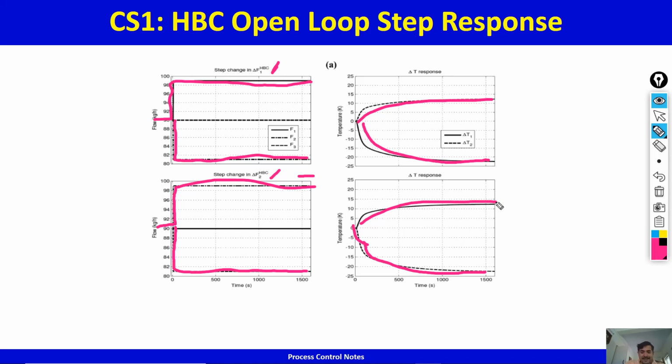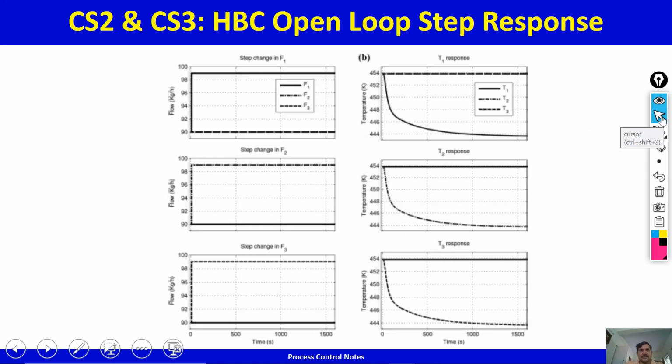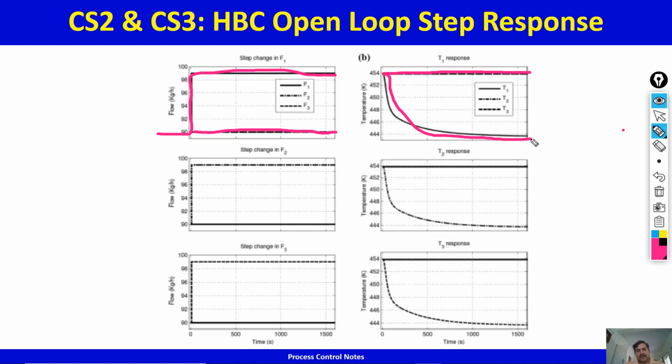If we are doing CS2 and CS3, in this case you'll see the balancing is being done by keeping T1, T2 and T3 at T-tube set point, and so I've got a set point change, a change in the F1. All other flows are fixed at the base case value, and what that does is all other outlet temperatures are fixed. I increase the flow through tube 1, outlet temperature of tube 1 decreases.